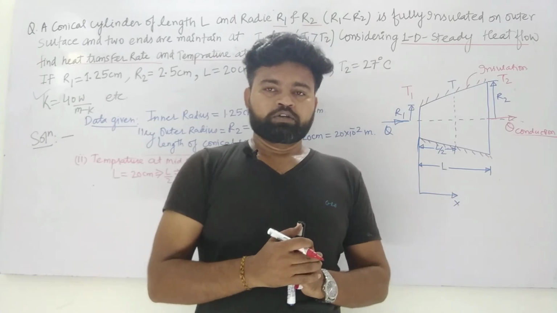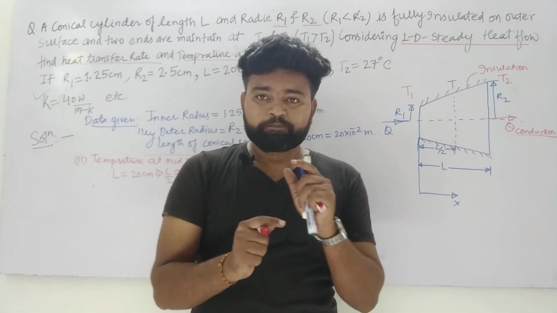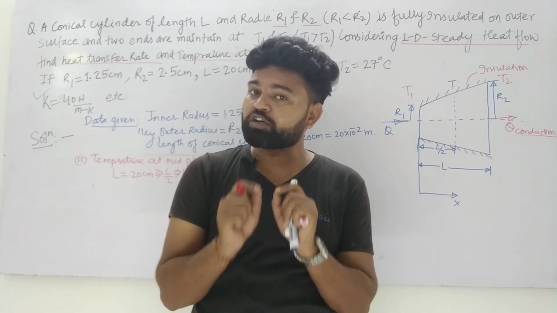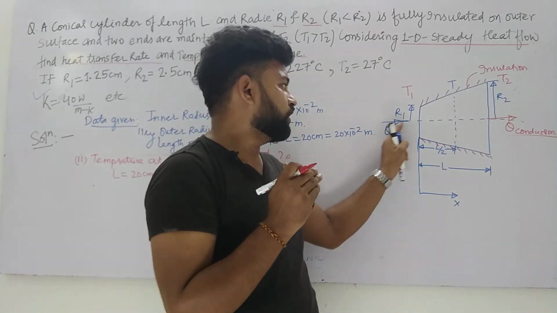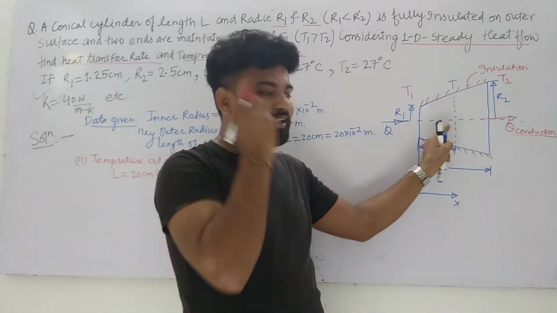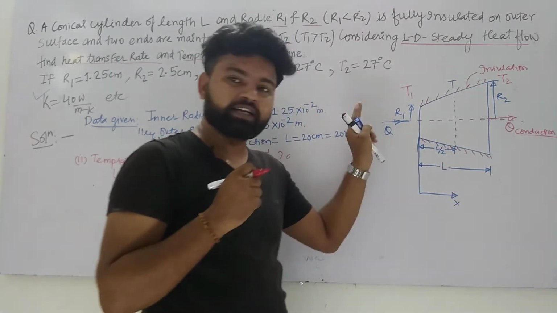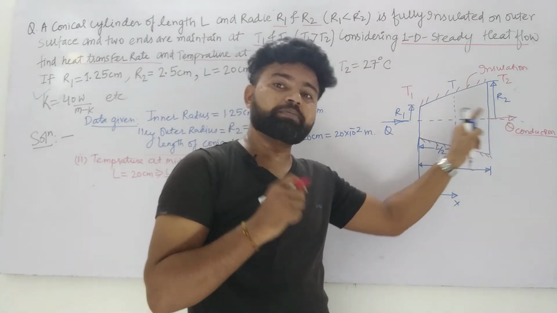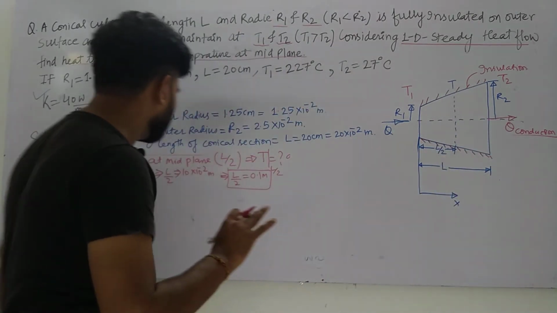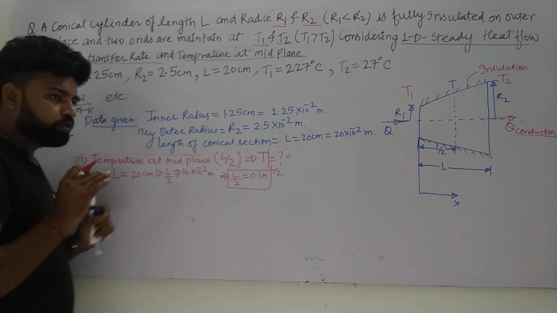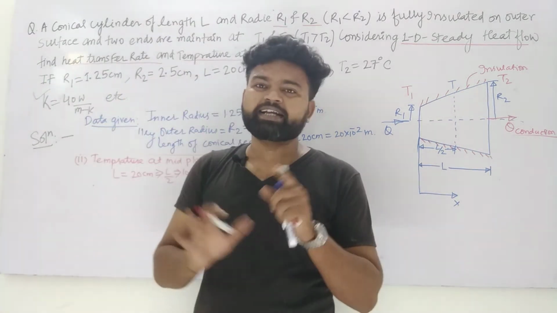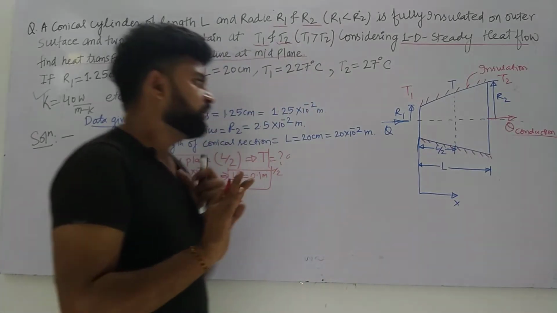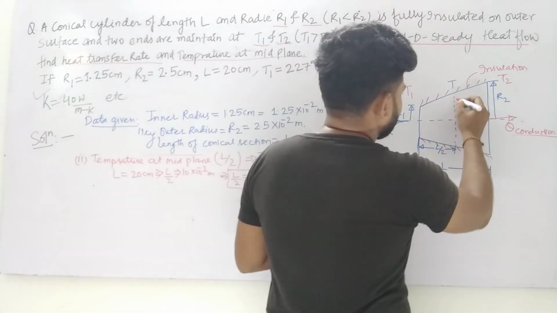Yes. So my dear students, this is your one-dimensional steady state heat transfer. So heat transfer will not change. It will be continuous throughout. It will be same throughout. So at the mid plane, the heat transfer will be 39.2, and at the first it will be 39.2. At R2 also that will be 39.2. So the heat transfer will be same. If you don't remember the formula, you can directly integrate, or if you remember the formula, you can directly put the values. Okay. So what will be R here at L by 2?